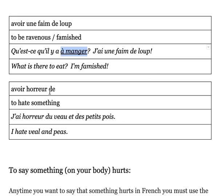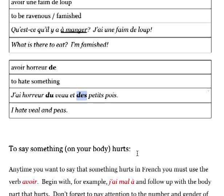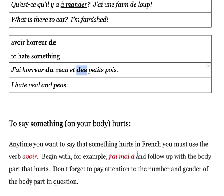Avoir horreur de. J'ai horreur du veau et des petits pois. So the de becomes du in front of the masculine singular veau, and the de becomes des in front of the plural petits pois. Okay? So before we start looking at when something on your body hurts, and this is a short next section,